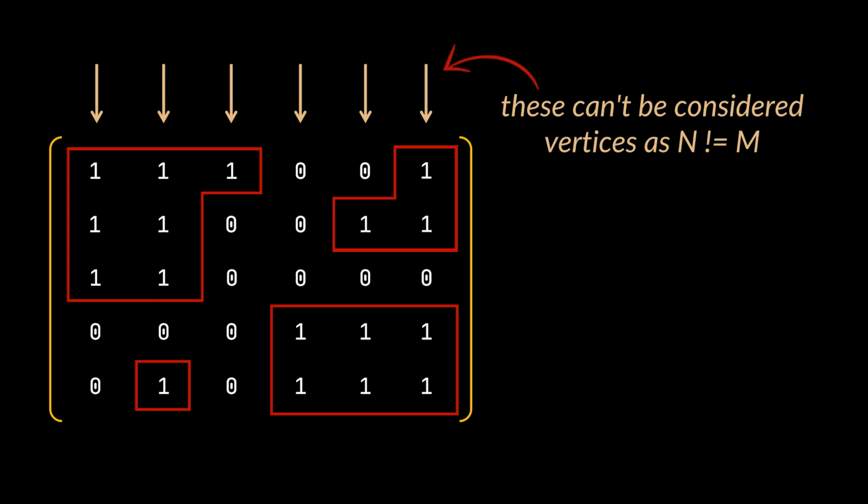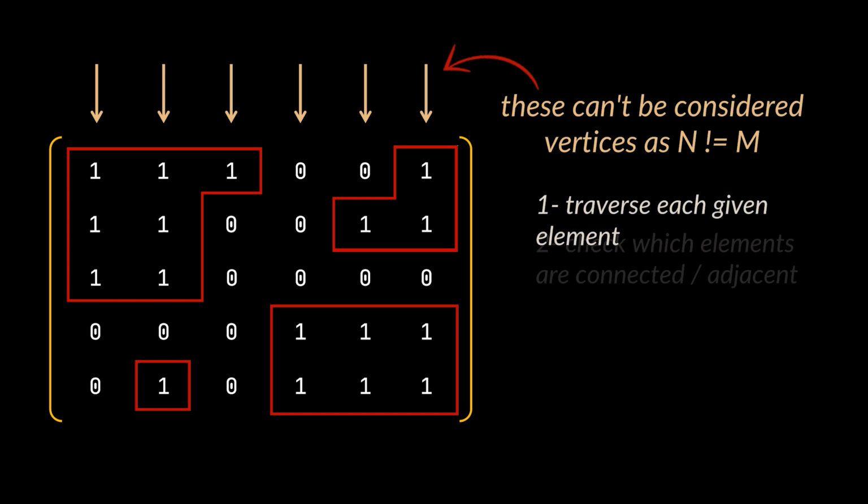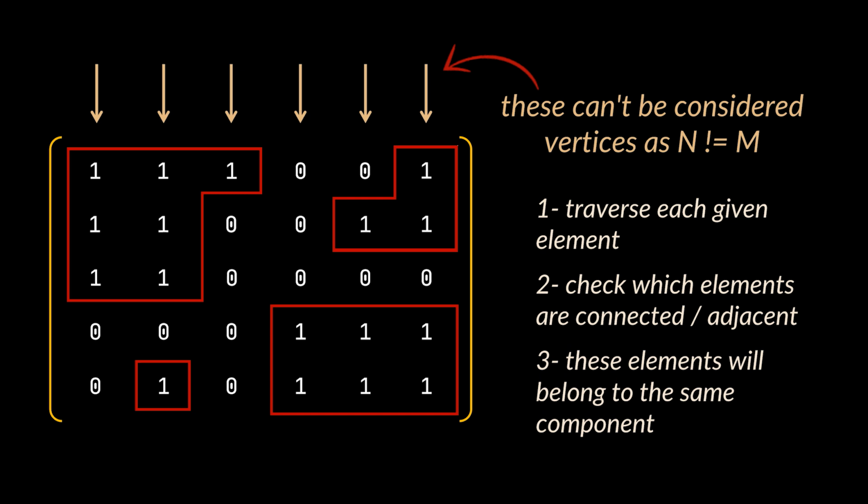However, the main idea behind this new exercise is the same as the previous one. We are given a large structure and we want to traverse each element inside it. Some of these elements will be linked, hence belong to the same component, some will not. Every time we switch to traversing a new component, we increase the count we are looking for. That is the main idea behind it and the main logic you need to focus on.